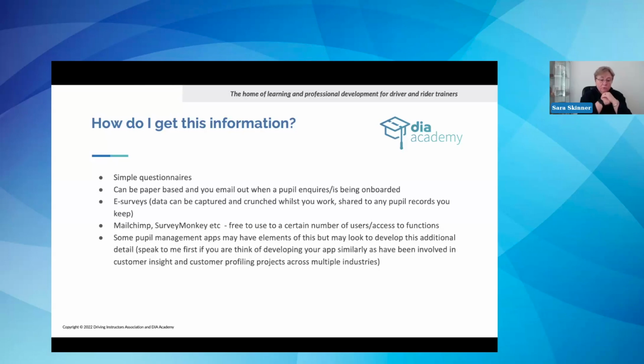On that thought, Carly, it would be very interesting to have things like, how did this pupil discover you? Because obviously that can affect how you advertise in the future. If you find out that none of your pupils are coming to you through the advertising that you're doing and they're all coming through a different source, for example social media or TikTok, it means that you can focus better on where you need to attract your clients because that's where they're finding you.